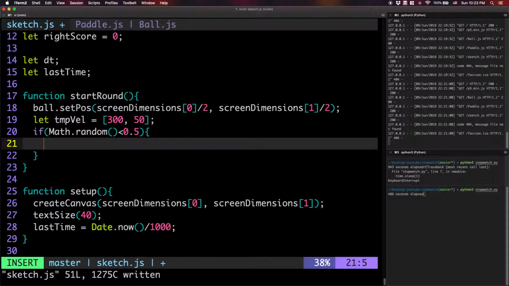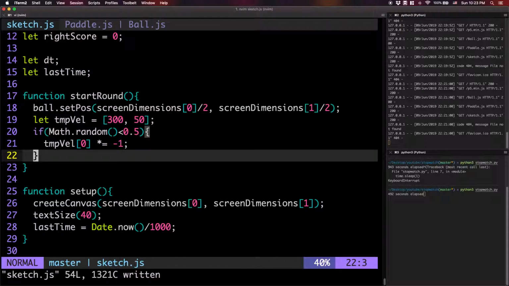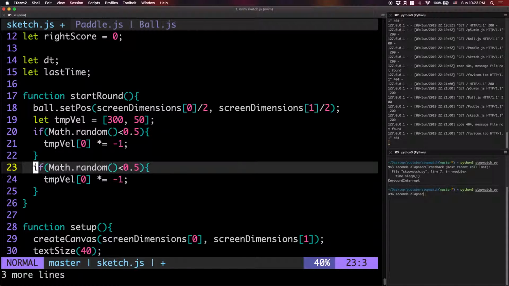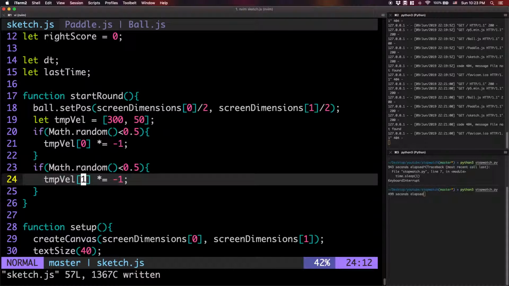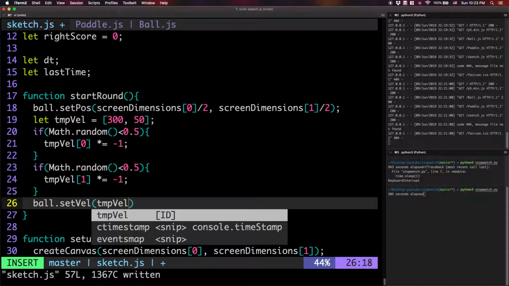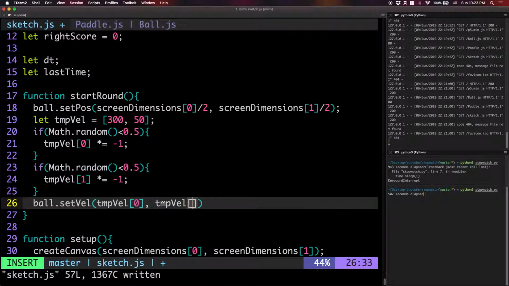Math.random is a random number between 0 and 1, so then half the time we'll set it to go towards one of the users, other half the time it goes towards the other user. We'll copy this and say half the time it'll be going up, half the time it'll be going down, and then we just say ball.set vel to velocity of 0, velocity of 1,